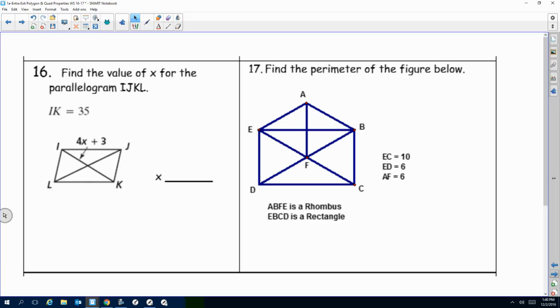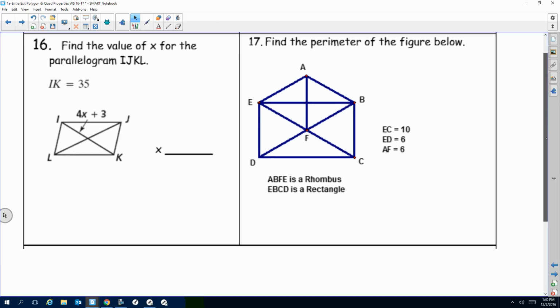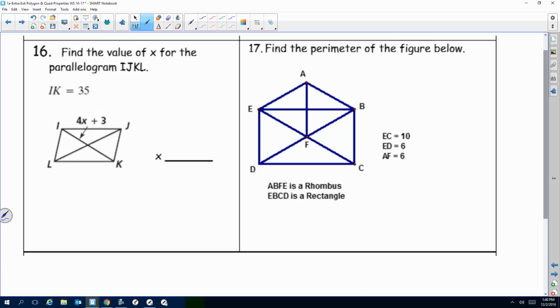All right, so on this next page, this is a decimal answer. It's a parallelogram. We know that IK, this whole diagonal, is 35. But the arrow is only pointing to the part that's being bisected, or the whole diagonal is being bisected. So we're just looking at the bisected part. So, because diagonals bisect each other,